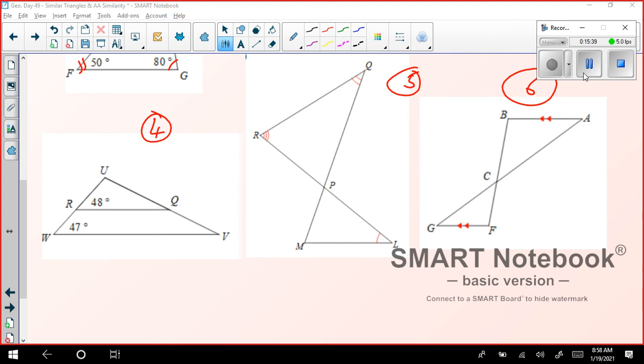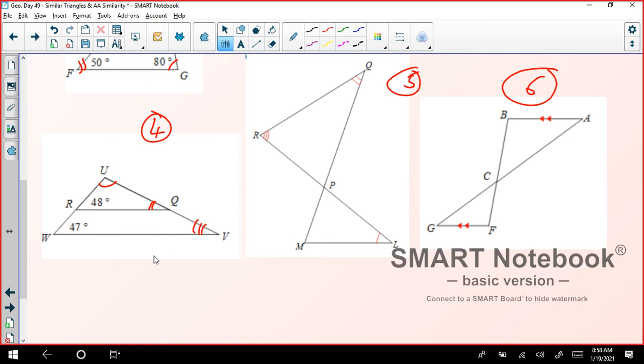On this one, we know this is 48 and 47. So these two are not congruent. And we have this angle congruent to itself on both sides. Whatever this angle is going to be, we will not have these two angles congruent. They will be different values. Because this is congruent in both the triangles and this is not congruent. So therefore this is a no. We don't have two angles that are congruent.